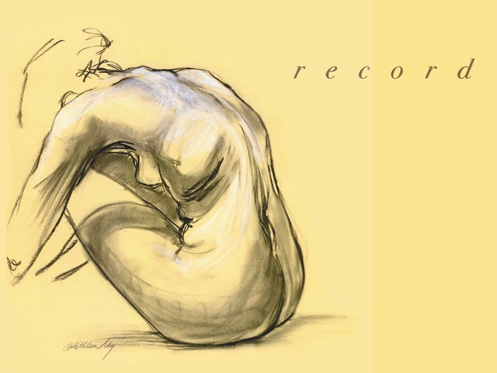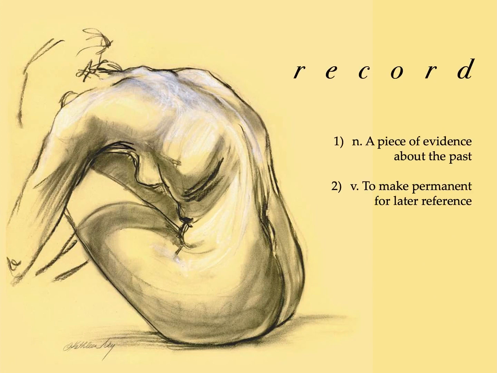This one's probably a little bit more obvious. To record the world around us. So if we think about a record, there are two common definitions: as a noun, a piece of evidence about the past, and as a verb, to make permanent for later reference. And drawing, no matter how accurate it is, or might be to its subject, does both of these things. So by sort of taking what we see and externalizing it and bringing it outside of ourselves, we make permanent something that we can later refer to. But whatever it is that we're drawing, even if it's not that realistic, it still speaks to the past and whatever that moment was in which you were creating it.